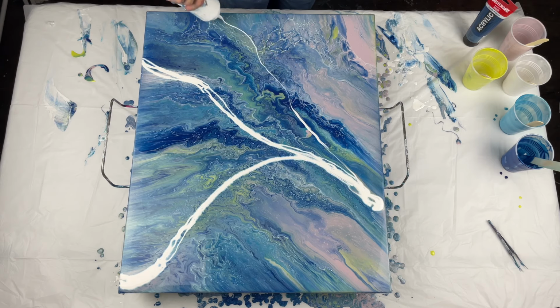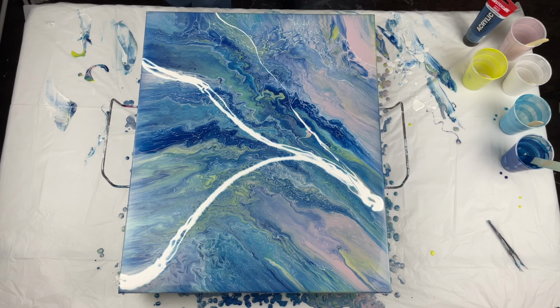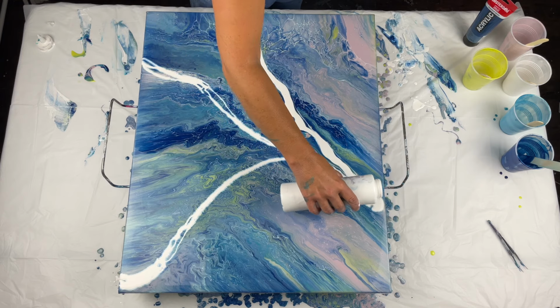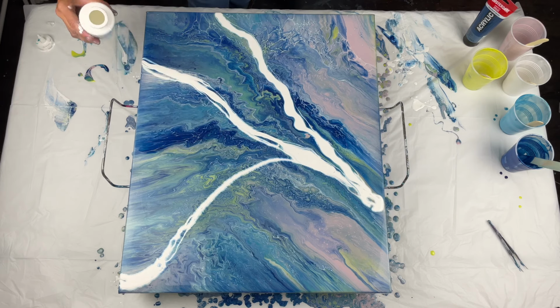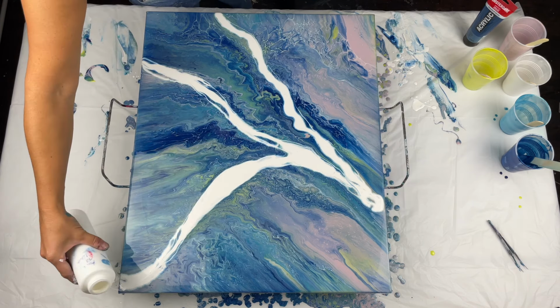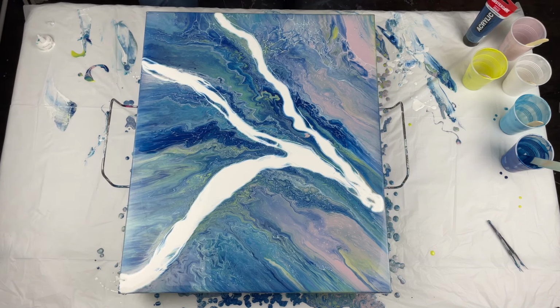And then I was going to blow it out. So I lay these kind of in lines, but the thing is with this white Amsterdam paint and satin enamels, the white Amsterdam paint really starts sinking right away and disappearing. So it'll disappear underneath your other paints if you don't put quite a bit on. So I decided to take the cap off my bottle and put quite a bit of this white paint on, which I'm glad I did,